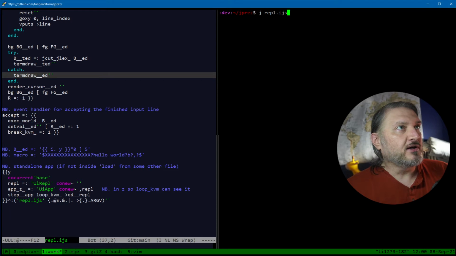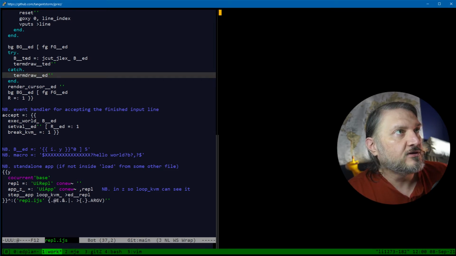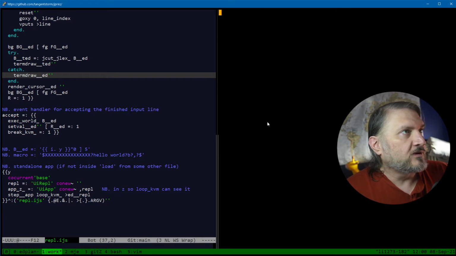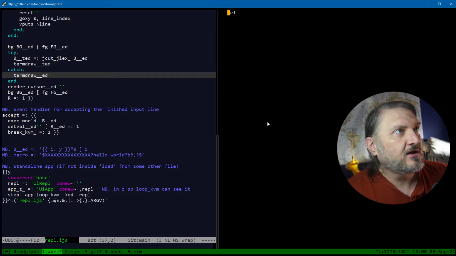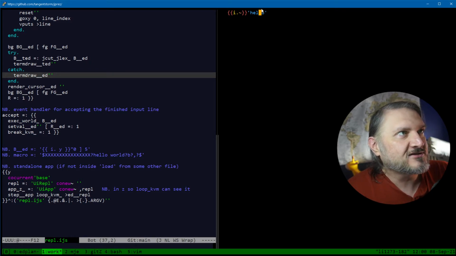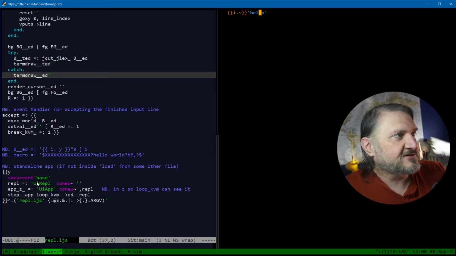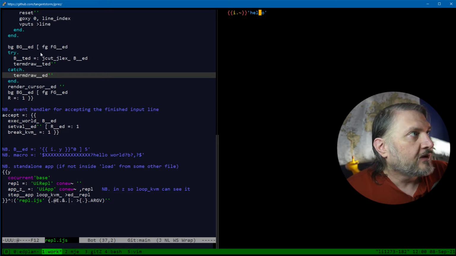All right, where we left off yesterday, I was able to run this REPL widget standalone and type, and we get this nice syntax highlighting effect. You know, I keep typing this phrase and it doesn't mean anything, but we have this working. But the cursor is slightly off, and that is because we now have this